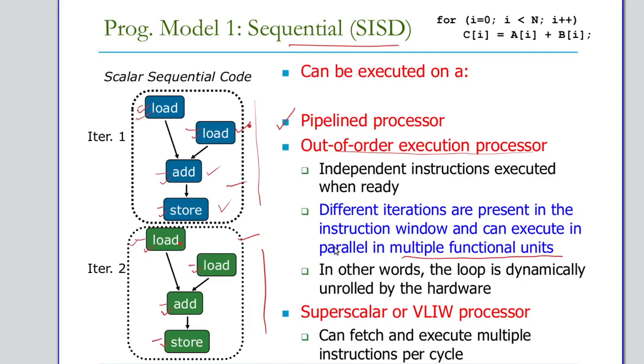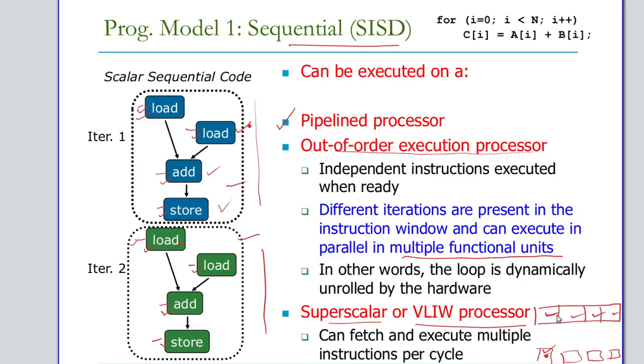Now the other option can be superscalar or VLIW processor. In a VLIW processor what happens? There is a large instruction. In a large instruction we can pack more than one separate instruction. Since we have multiple processing elements, each processing element is capable of doing all sets of operations. So this processing element can load, add, store, or perform all types of operations.